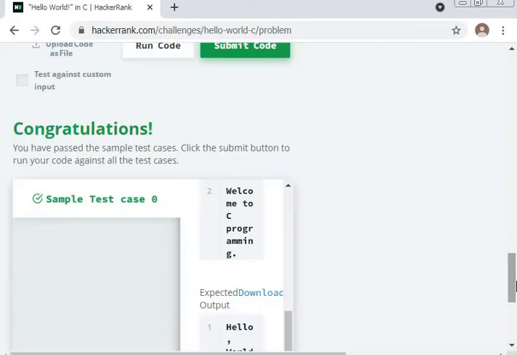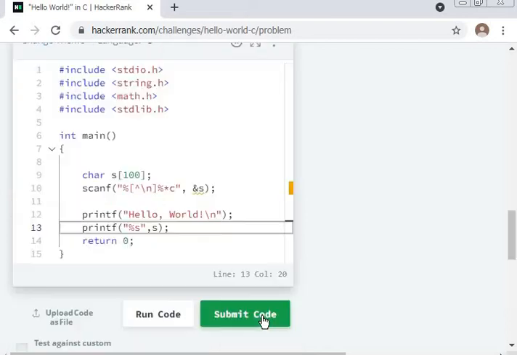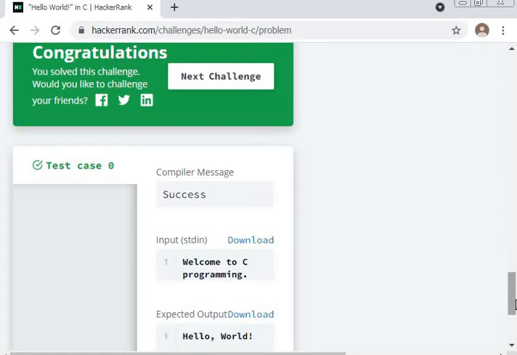So you can see this, congratulations, you have passed the sample test cases. Click the submit button to run your code against all the test cases. Sample test case 0 is welcome to C programming, and you click submit code. So you can see this, congratulations, test case 0, and the compiler message is success.